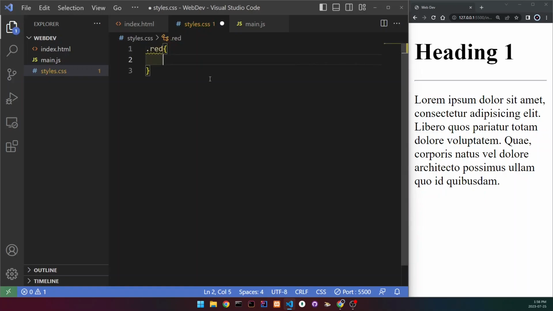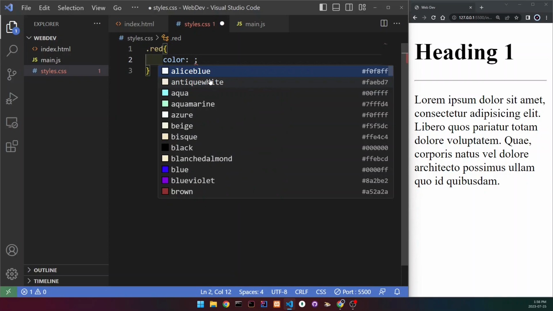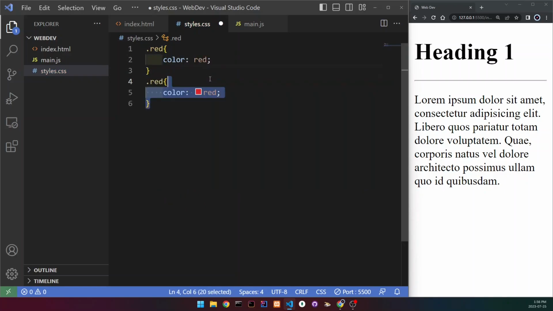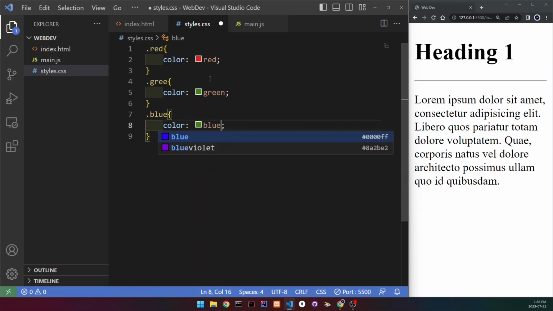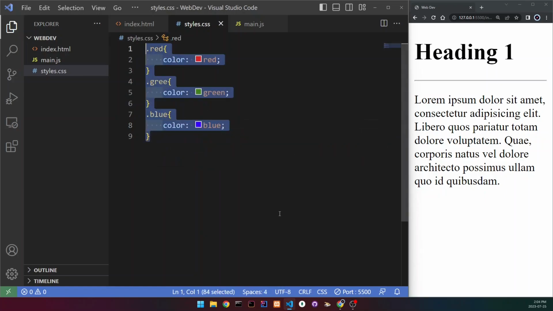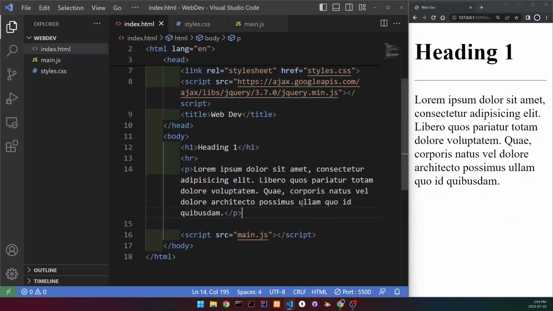So let's add one for colors. I'm going to do red, blue, and green. And here we're going to change the color to red. This one's going to be for green. I'm going to change this to green. And then we got one more. I'm going to do blue. Change this to blue. And now that we have a few basic CSS classes, let's go to our HTML file